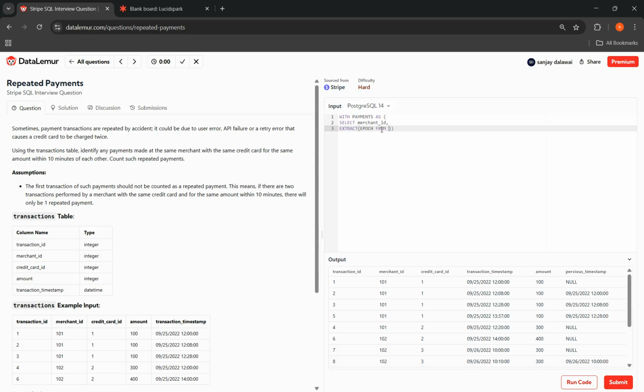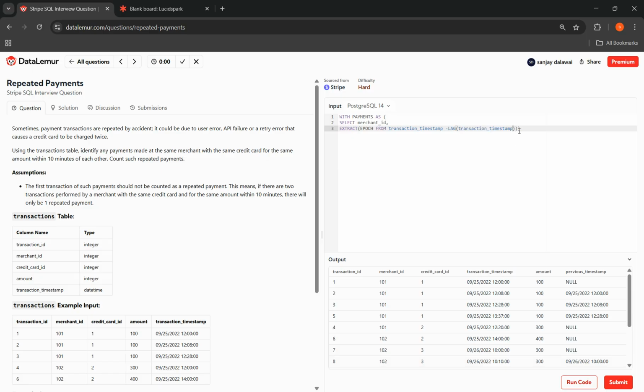Epoch helps us to find the difference in the timestamp in seconds, but we need to find it in minutes. So after extracting, we will be dividing it by 60, which will convert it into minutes. So epoch extraction from transaction timestamp, and then I will be finding the lag